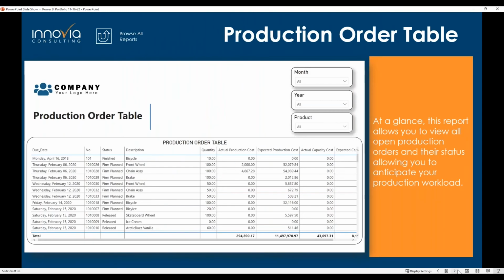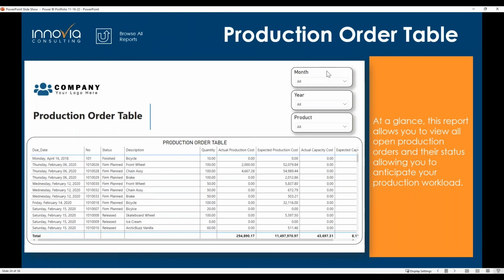The next would be the production order table. So this is a tabular view of that first page, right? And just like Savannah talked about before, on these pages, you'll have a little caret next to these fields that allow you to filter, from A to Z or ascending to descending, just so you can look at it clearly. You also have the same filters that you had on that previous page with month, year, and product, but